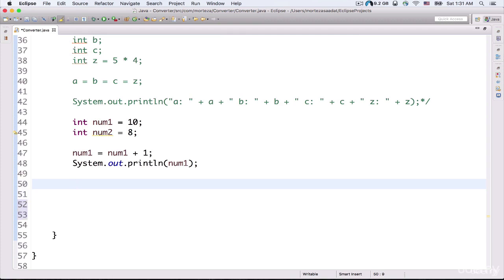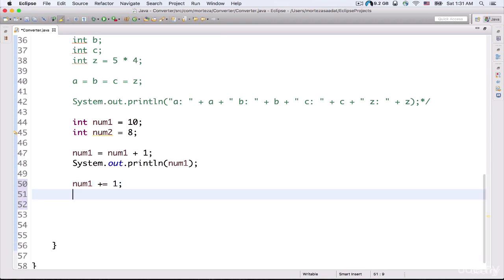Okay. Again, I need to refer to the name of my variable num1, and then I put the plus operator and the assignment operator. Okay. And then I just put in the number 1 here. And at the end of my statement, I need to add the semicolon, okay? So if I actually output the value of this variable to the console now,